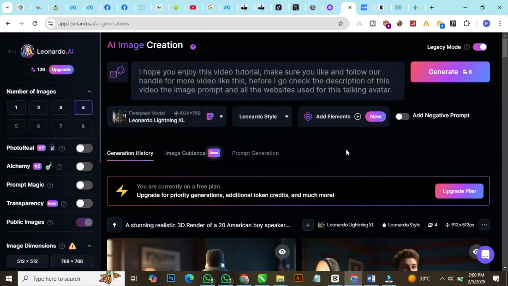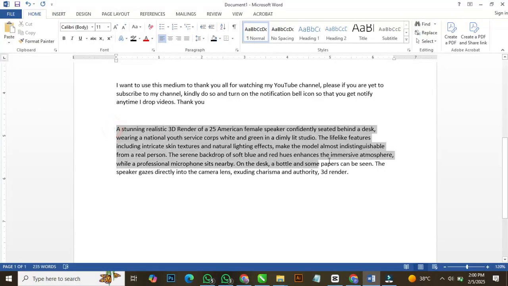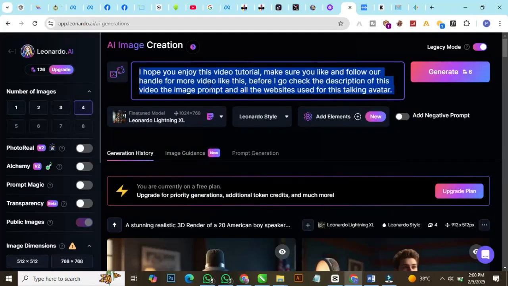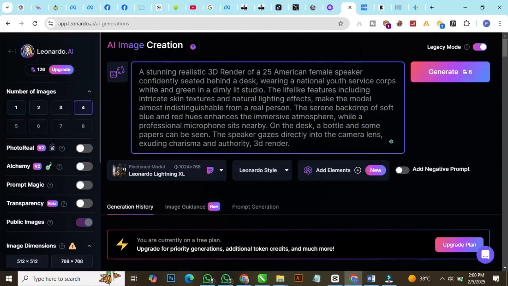So now, without wasting much of our time, I'll have to put in my image prompt here. I think I have it here. So I'll copy my image prompt. You understand? I'll copy it, then I'll head to this place and paste it. I'll be putting this image prompt in the comment section below. Before clicking on create,